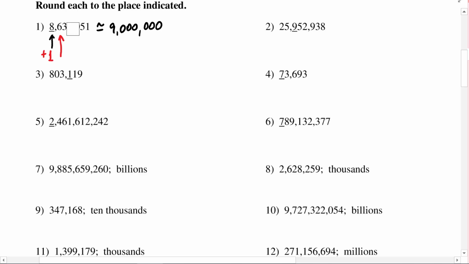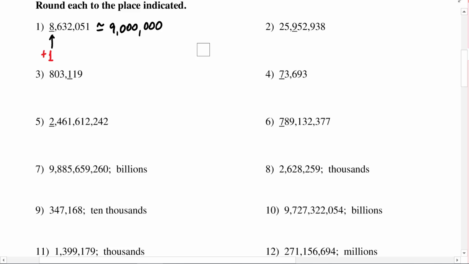If the digit to the right is less than 5, then we leave the number that we want to round unchanged, so it would be 8 million, and all the other places become 0. But in this case, because 6 is more than 5, we just add 1 and all the other decimals